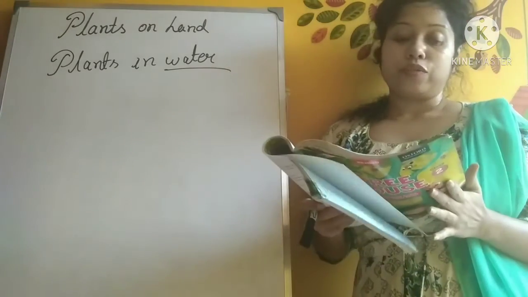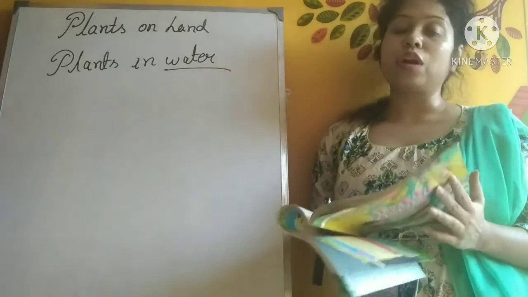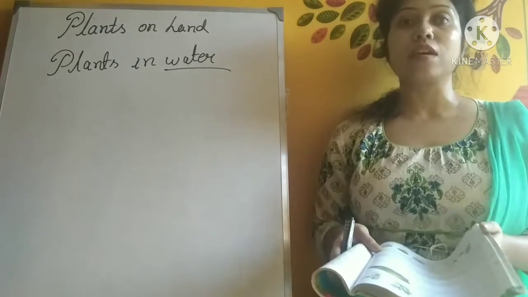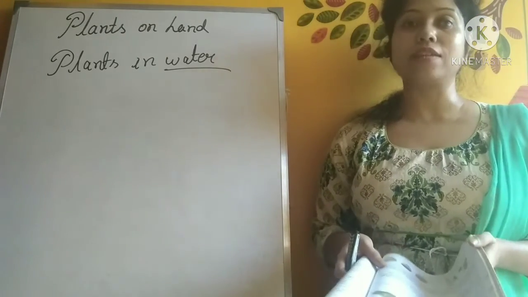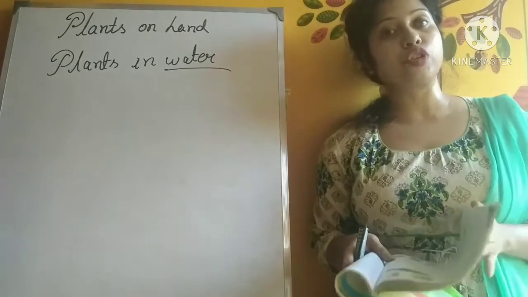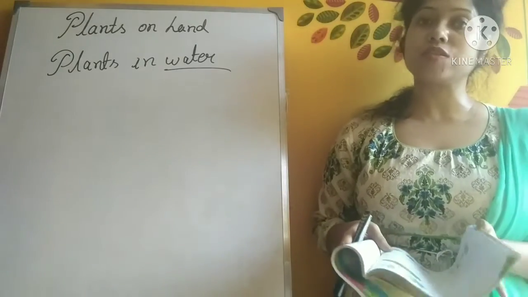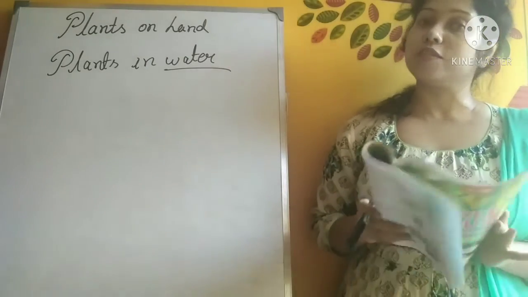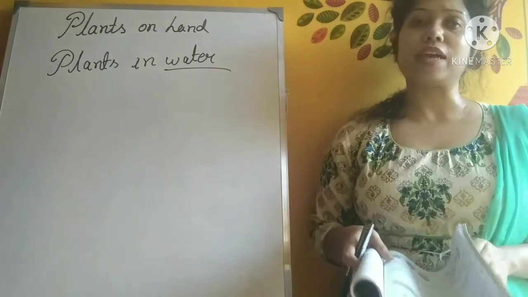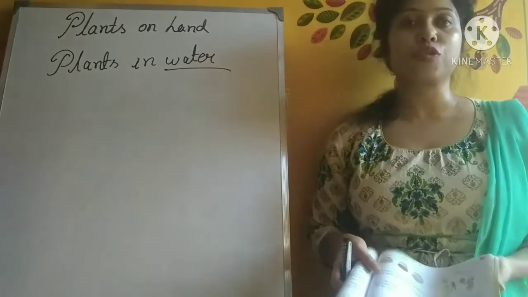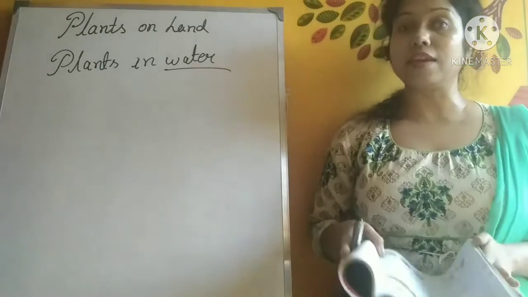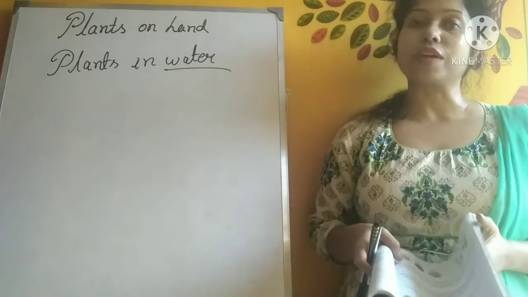Okay, so we are done with the class. Your work is to read this chapter and learn all the types of plants, their names, and the examples of those plants: the creepers, the climbers, shrubs, herbs, trees, each and everything. Just be prepared, and I don't think you will face any problem. In spite of that, if you face any problem, I'm always there to help you out. So here we are going to end our class. We will meet again in the next lesson. Till then, be prepared with this chapter, how much we have discussed today.